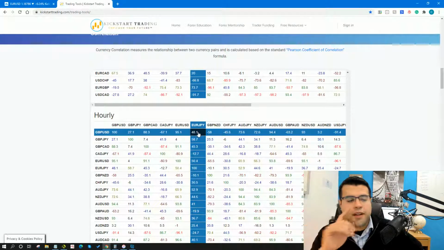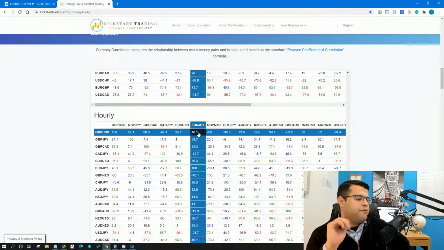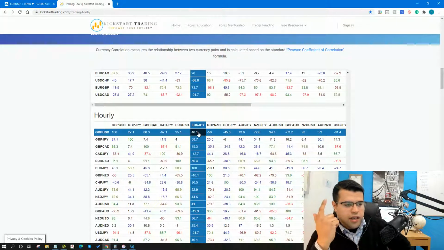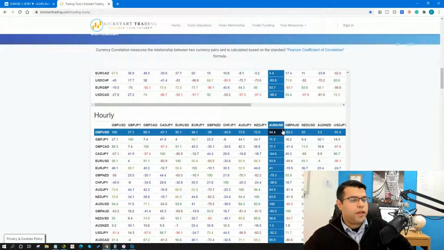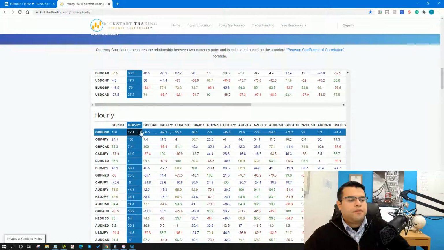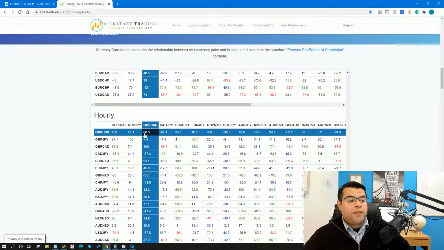We looked at the pound. We can see already, against the pound yen, the pound CAD, the pound Kiwi, and even the pound Aussie, there is no correlation there whatsoever. Remember, I'm looking for anything above 80, either positive 80 or negative 80. Doesn't matter. I'm just looking for a number above 80. That, in a nutshell, to make it easier. The only one I really have that with is the pound CAD.